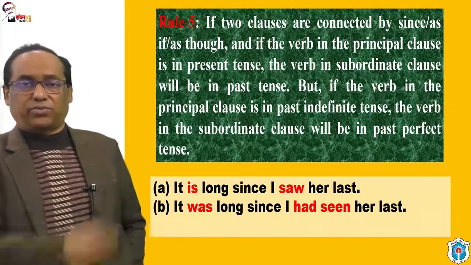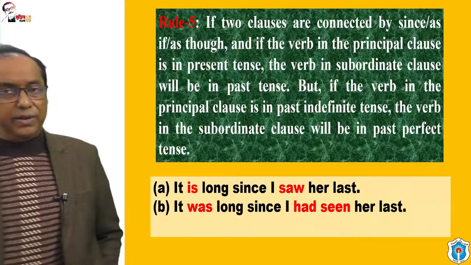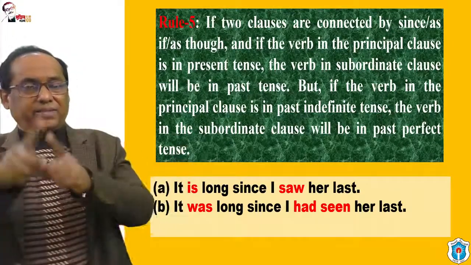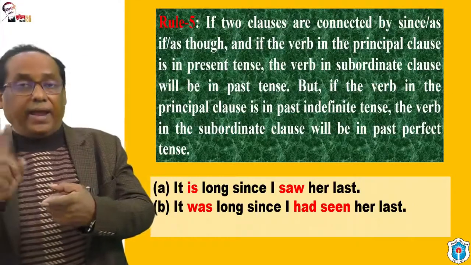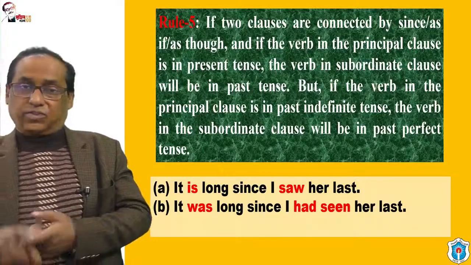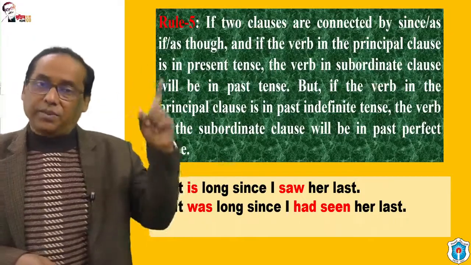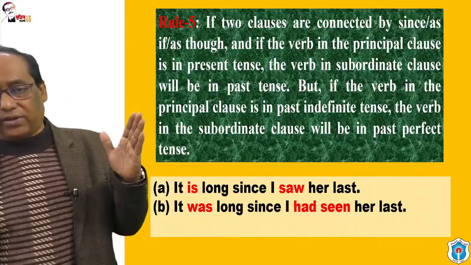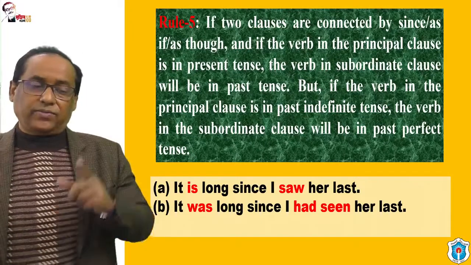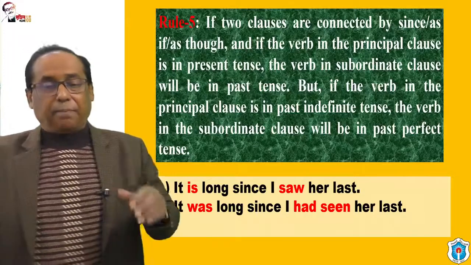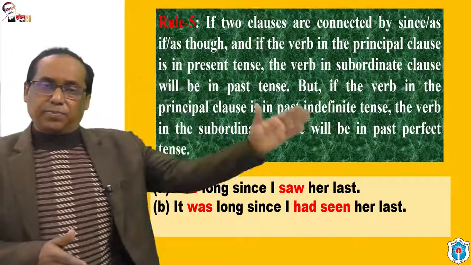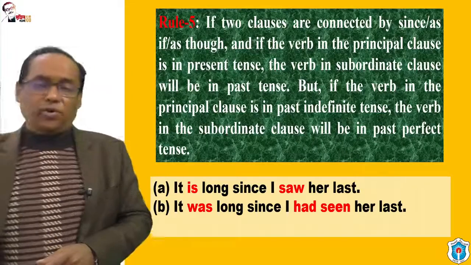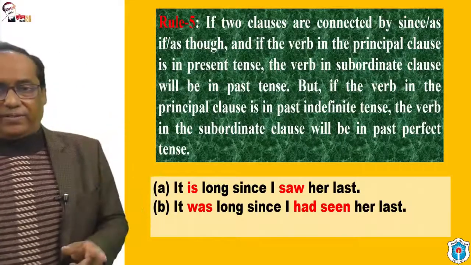So contrast these two examples. মাঝে আমি বাংলা একটু বলি এবার। যদি আমরা দেখি দুটি ক্লজ দুই দিকে আছে, মাঝখানে বসছে সেন্স অথবা অ্যাজ ইফ অথবা অ্যাজ দো, সেক্ষেত্রে প্রথম ক্লজটি অর্থাৎ প্রিন্সিপাল ক্লজটি যদি প্রেজেন্ট টেন্সে থাকে তাহলে পরবর্তী ক্লজটি অর্থাৎ সাবঅর্ডিনেট ক্লজটি পাস্ট ইনডেফিনিট টেন্স হয়, যেটা আমরা প্রথম এক্সাম্পলে দেখেছি। বাট এক্ষেত্রে যদি প্রিন্সিপাল ক্লজটি অর্থাৎ প্রথম যে ক্লজটি আছে সেটি যদি হয় পাস্ট ইনডেফিনিট, তাহলে সাবঅর্ডিনেট ক্লজটি হবে পাস্ট পারফেক্ট।